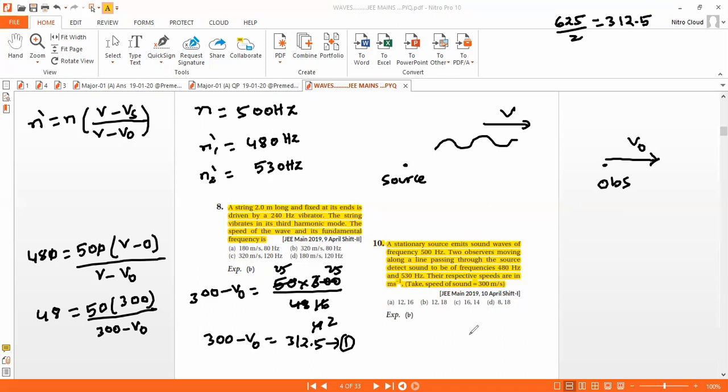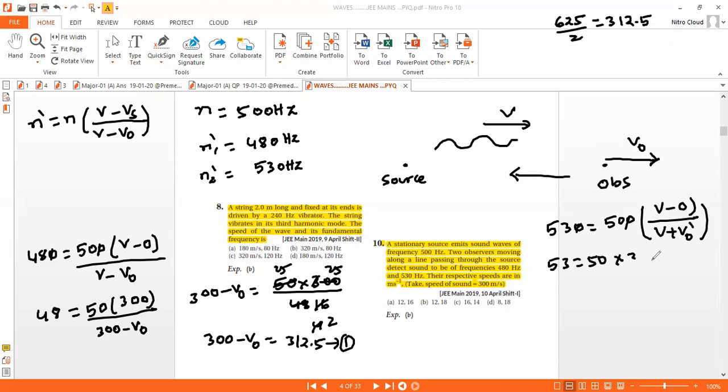So 530 is equal to 500 times (V minus Vs, that is V minus 0) by (V plus V naught), because now the observer is moving in the opposite direction, and only then does the frequency increase. Suppose we call it V naught dash. So again 53 equal to 50 times 300 by (300 plus V naught dash). So 300 plus V naught dash equal to